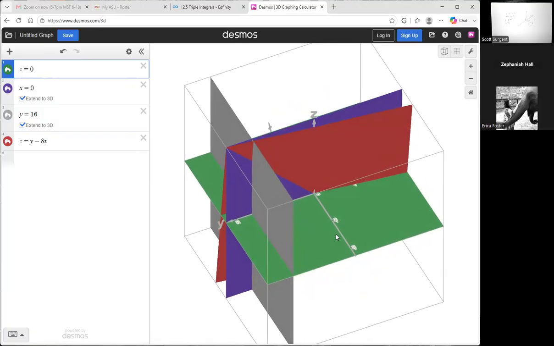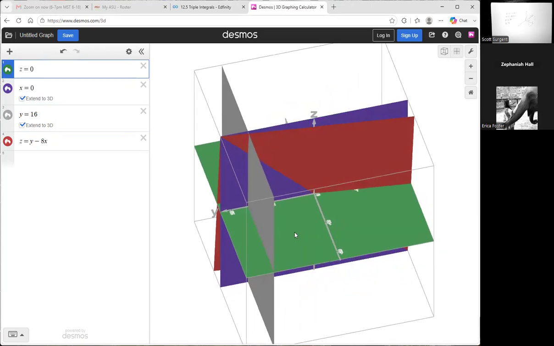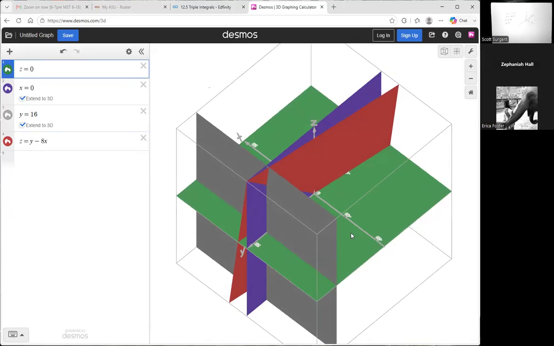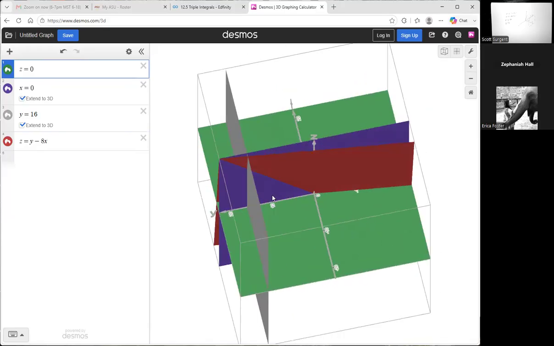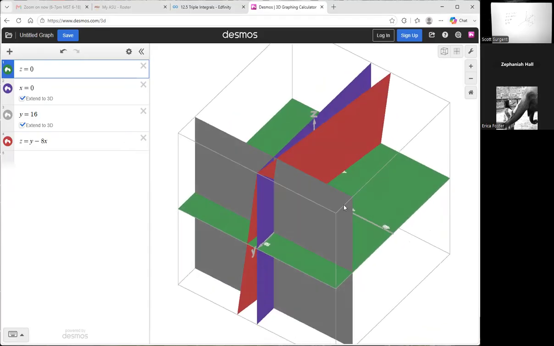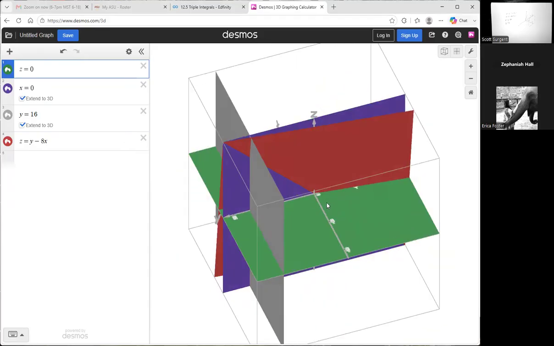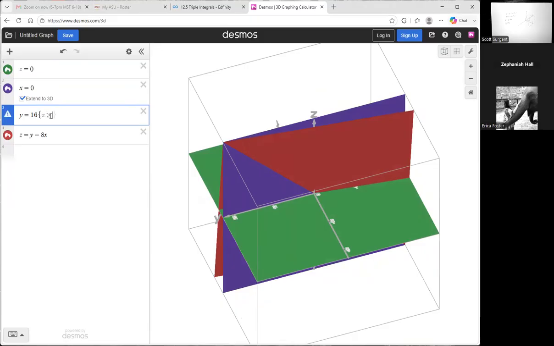Do you see that? Yes. Which one is the enclosed one, so the bounds would be what's in between the purple and the red, above the green and to the right? Exactly. So we're going to have to play with this. This is going to take a little while. We're going to goof around. It looks like I'm going to want to set z greater than zero,